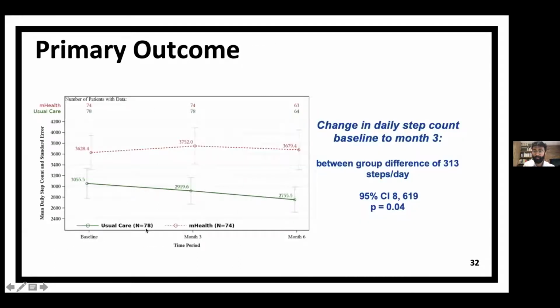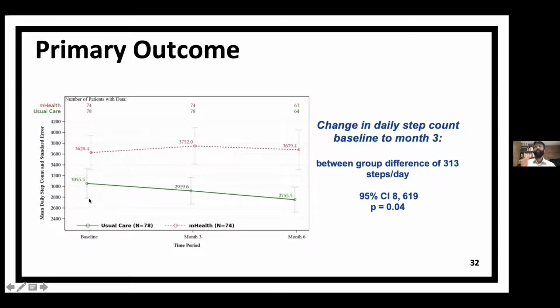NT-proBNP was elevated, so this indicates that this is sort of an unwell patient population. Our primary outcome was the change in daily step count from baseline to 3 months, overall between groups. I'm going to point you to the red. The red is the median. M health was the people who got the nudges, and usual health was those who did not receive the nudges. As you can see, there's a little bit of a baseline discrepancy in median step count. 3,600 was the step count at baseline,